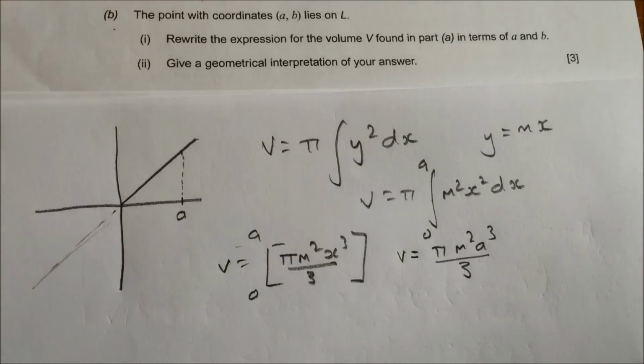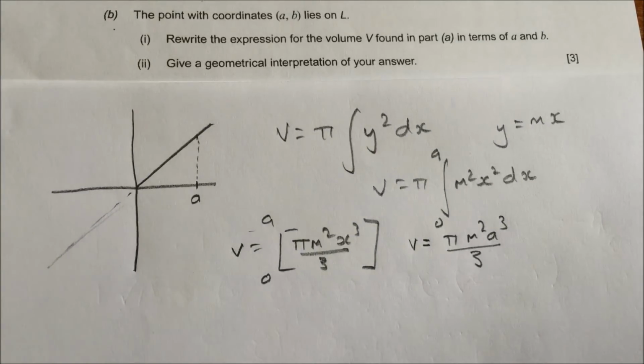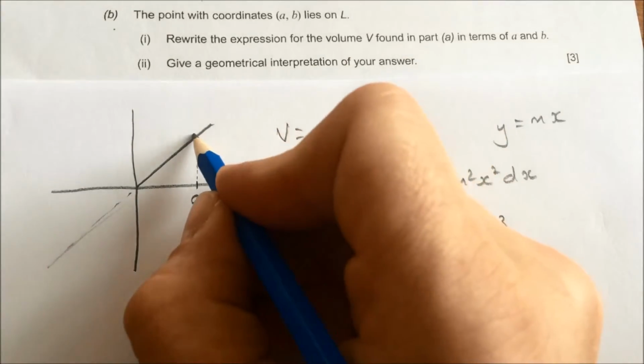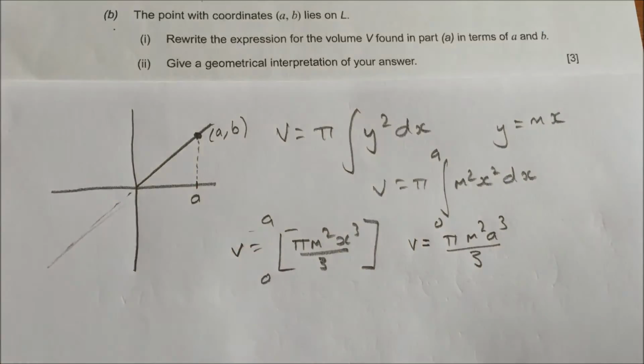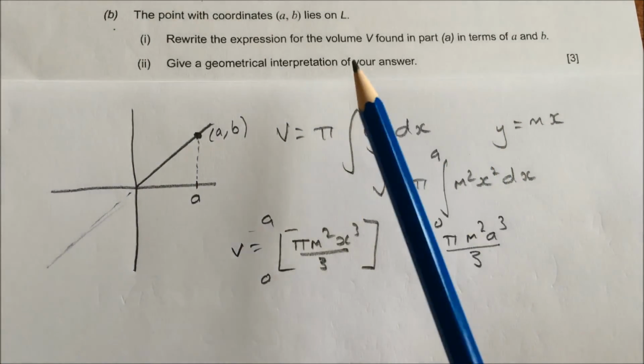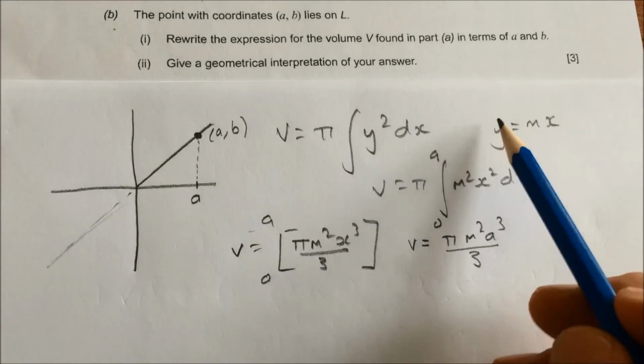It says the point with coordinates a comma b lies on L. So let's look at this point here, right? So that has coordinates a comma b. Rewrite the expression for the volume V in terms of a and b. Well, the original expression here,